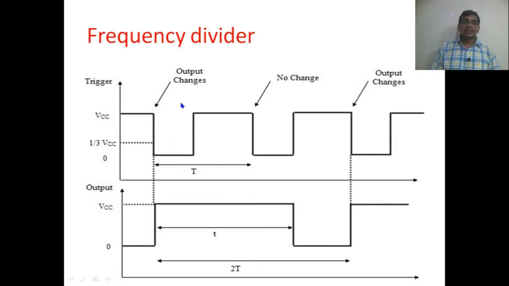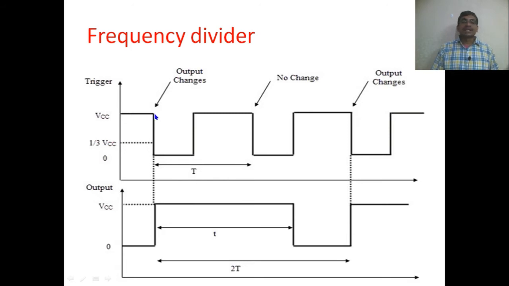Here the input pulse time period is the on period plus off period, which is capital T, and the time taken by the R and C components in the monostable multivibrator, which means the quasi-stable state of the monostable multivibrator, is taken greater than the time period of the input signal. Therefore T is less than small t. Therefore, up to this edge, our monostable multivibrator will not be triggered.